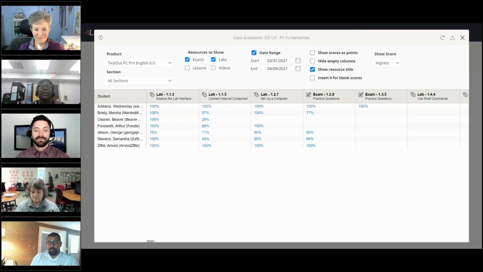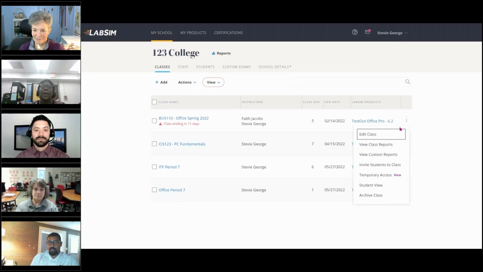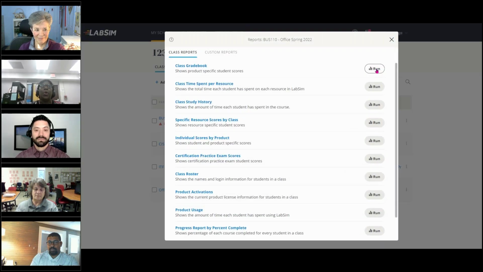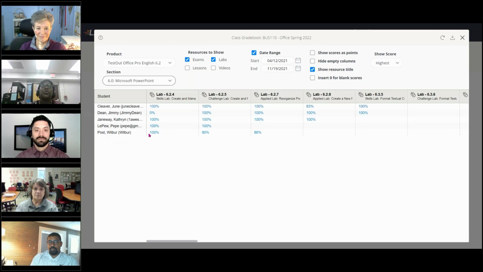What I do is the skill lab, the challenge lab, and the applied lab, I give them all 10%, and I give my students an opportunity to do the labs more than once. With the particular Gradebook, you can see the average between them trying it 2 and 3 times, and I choose the score that I think is best, that will support them,